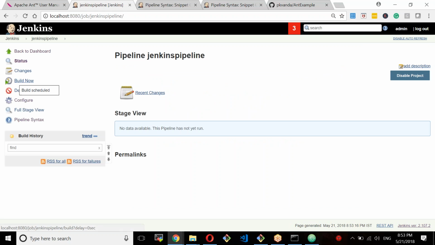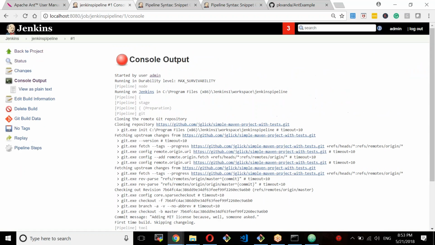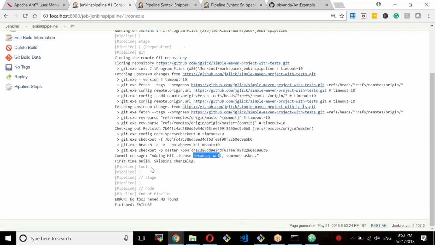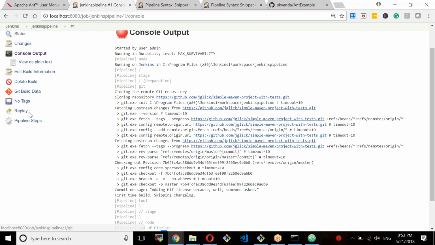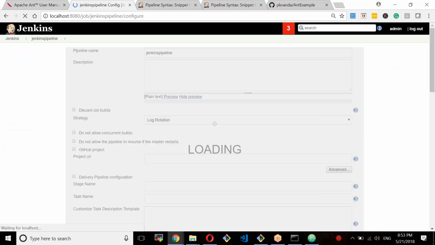I'm going to build now. Go to your console output. See what all stages you have. Preparation stage. It's going to download the repository. It has downloaded the repository, and the next, in the pipeline, it says M3 not found. No tool named M3. What I have defined, so in this example, M3 was defined. So let me go back,